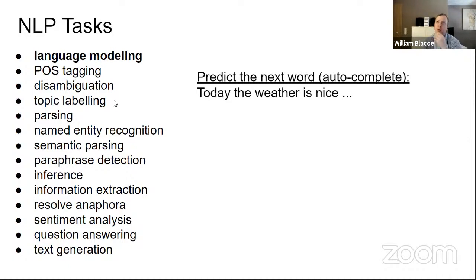Topic labeling, let's say. At one of my jobs, a typical need from a customer was, we have millions of documents in our company, and it's just growing and growing, and we no longer have the structure and the overview that we used to when we were a small company. So we would like to create a database of all our documents, a so-called knowledge base, so that we can query it, kind of like a search engine queries the internet, and so that we don't need to go through all this data every time we're looking for something in particular.